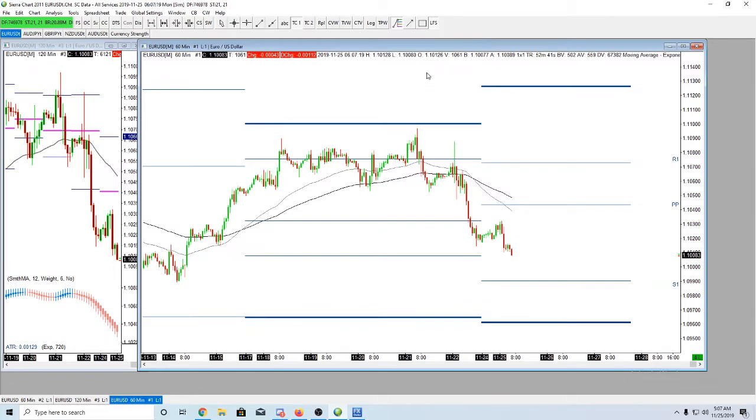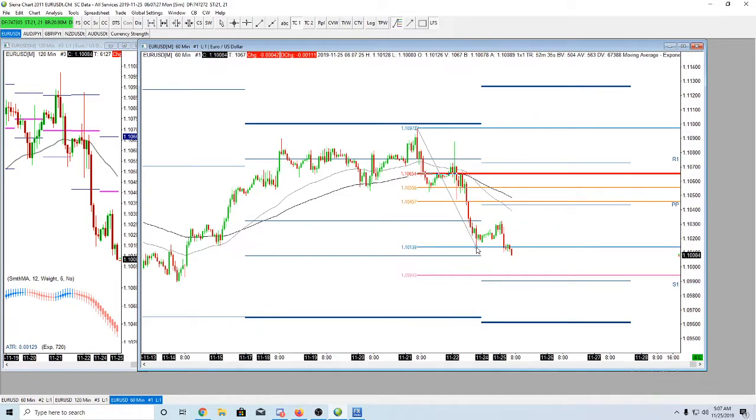All right, step one. Let's draw some structure. One of the first things I want to do is see, here's the top of the week last week, the high. Here's the low of last week. The high could have been over here, the low could have been somewhere else. But we had the high here for the week, probably Thursday or something like that. And then by the end of the week, we hit this low right here. So there's our Fibonacci drawing for last week.